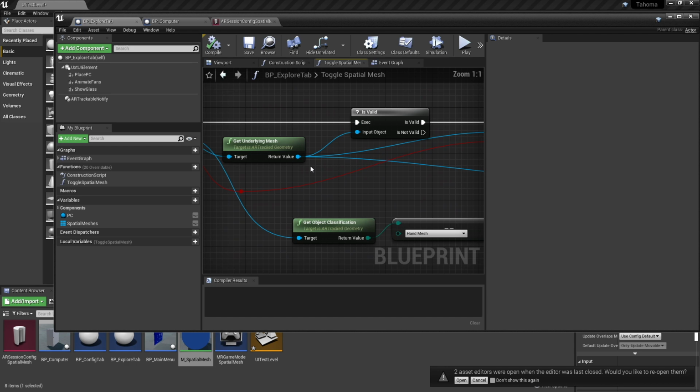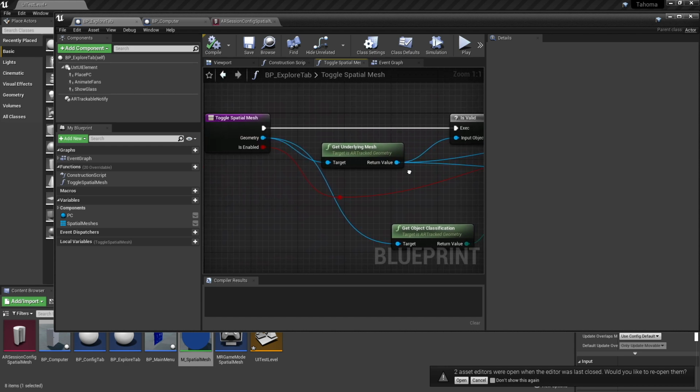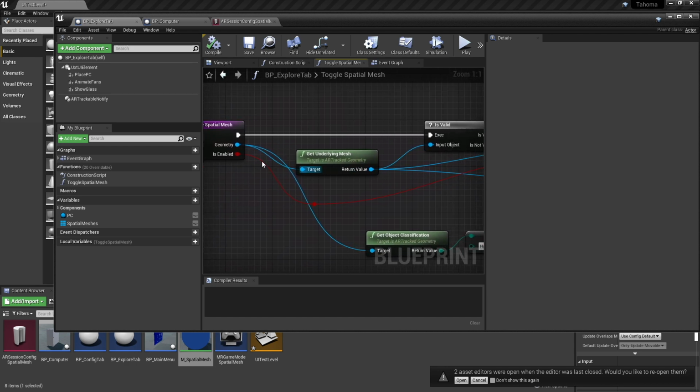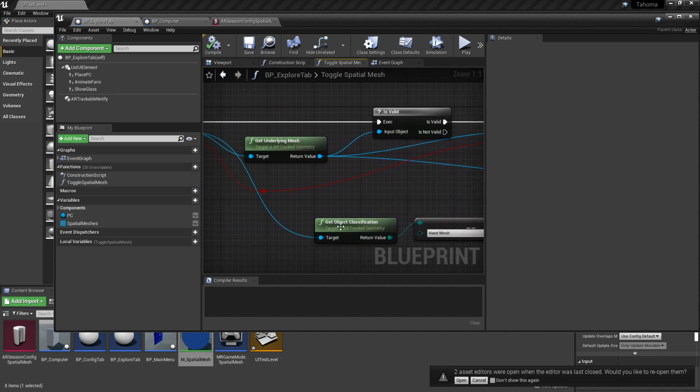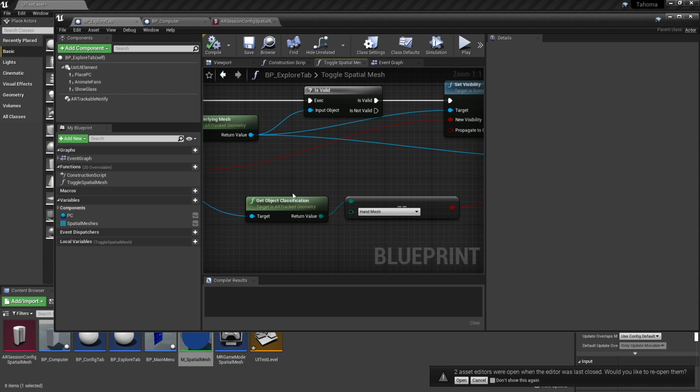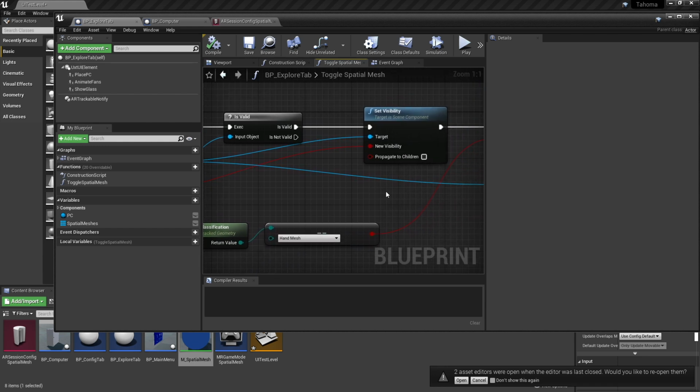And if you jump into here, what it's doing is grabbing the current geometry, querying its classification, because not only do meshes that are surfaces in the world come through, but also the mesh that represents your hand comes through.